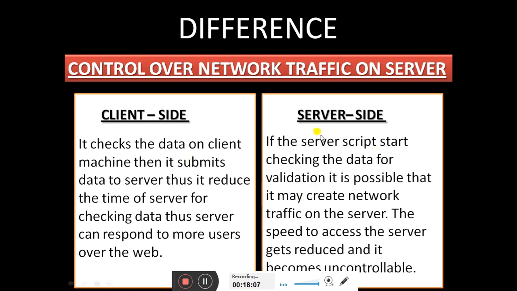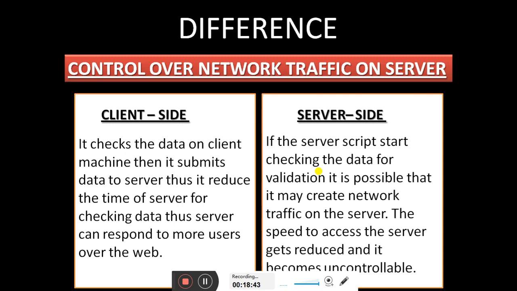Then on the server side, if the server script starts checking the data for validation, it is possible that it may create network traffic on the server. If your data is not validated on the client side and is submitted to the server, and there is any error in the data, the server will check the data and send it back to the client for correction. The client will correct the data and send it back to the server.